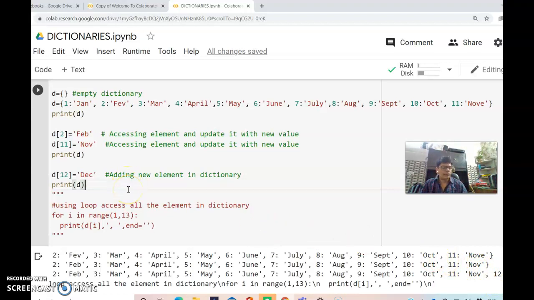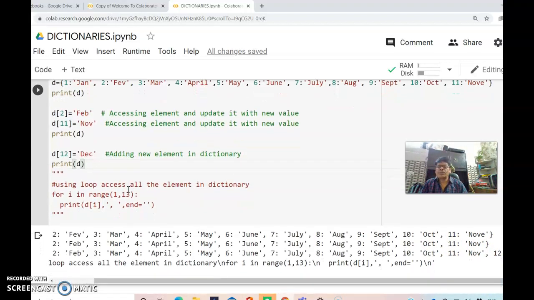Now next what I am going to do is print this whole dictionary using a loop. Here you can see using a loop to access all the elements in the dictionary. Here I was accessing individually by taking one key, but to access the dictionary elements using a loop, there should be a similarity between the keys.